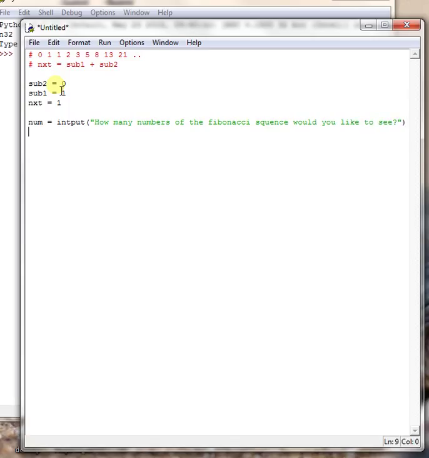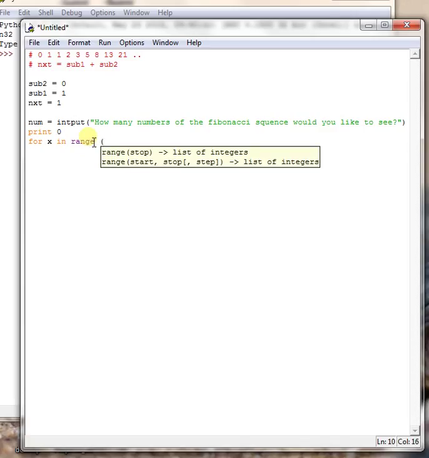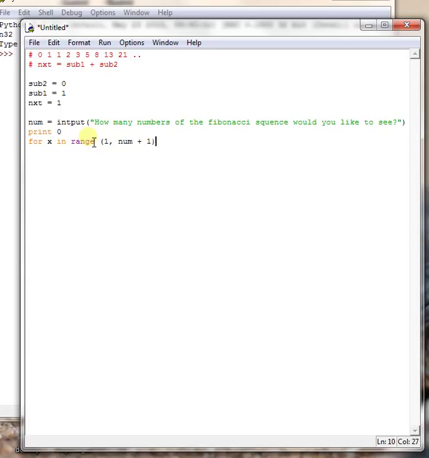Just ask that generic question. We're going to print out the 0, which is the very beginning of the sequence, as you can see. Next, we're going to create a for loop. We're going to do for x in range from 1 to num plus 1, just so we're in human terms for what the index starts at. Going to print out